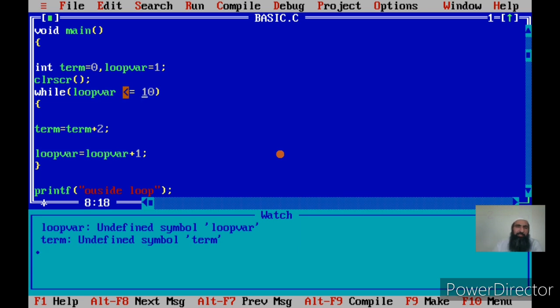First is initialization, that is outside the loop. Then we have checking the condition, and then we have incrementation. All these three parts are done on the loop variable, that is the variable that controls the loop. Once the loop is executed, we come to the next statement after the loop. The loop terminates when the loop condition becomes false.